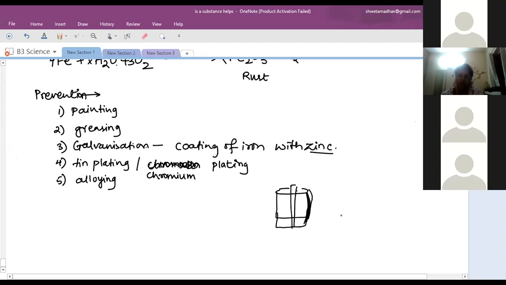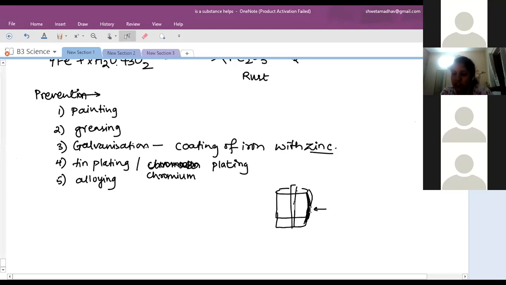Now what will happen when oxygen comes in contact? Oxygen and moisture try to contact this iron, which is exposed to air. At that time, the oxygen will see iron and will see zinc. The reaction is one of losing electrons. Metals have the property of losing electrons. So in the chemical reaction between oxygen or moisture and iron, the iron metal is losing electrons to oxygen.